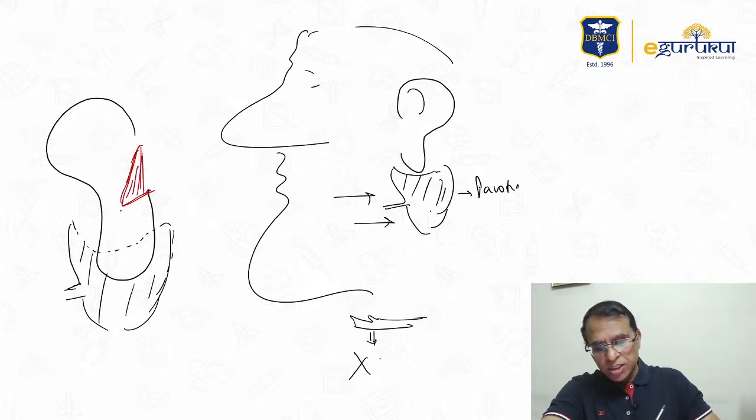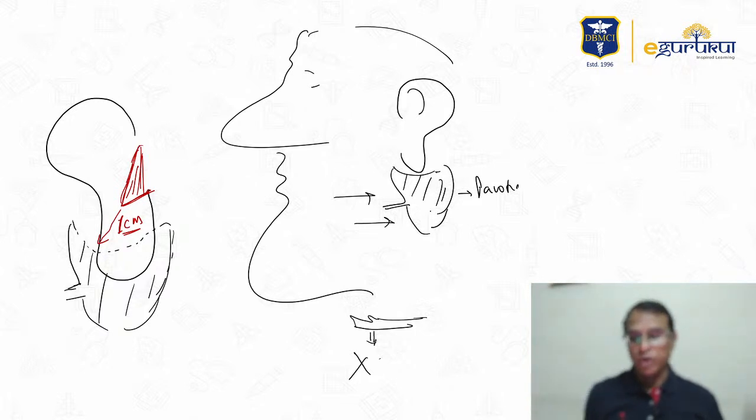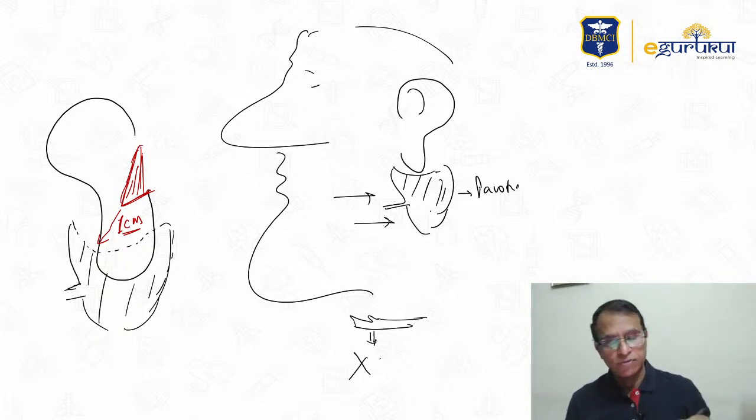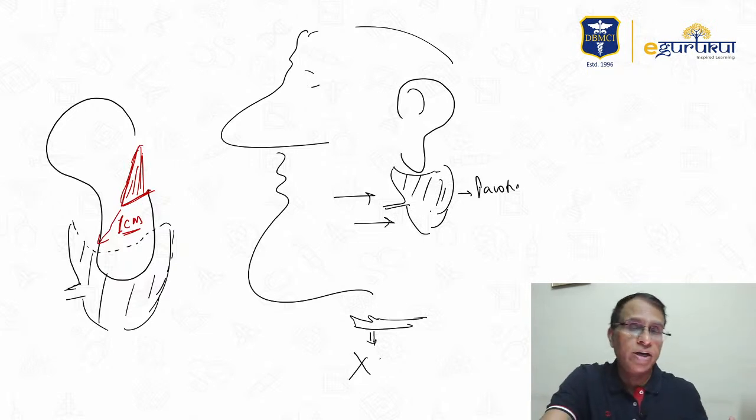So this tragus is as if it is pointing towards the facial nerve. If you go 1 centimeter from the pointer of the tragus, you will encounter the facial nerve. So as if the tragus is pointing towards the facial nerve. That's why it's called the tragal pointer. It is very much the tragus cartilage. You are absolutely right.